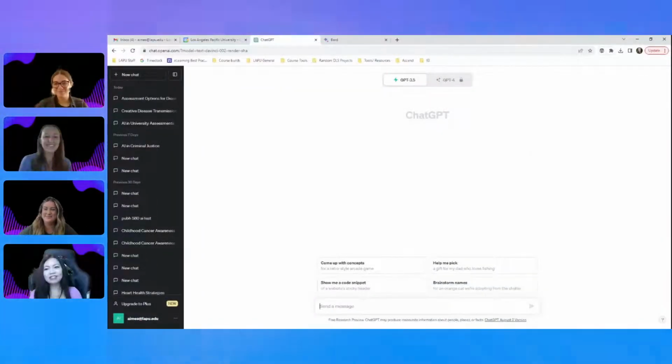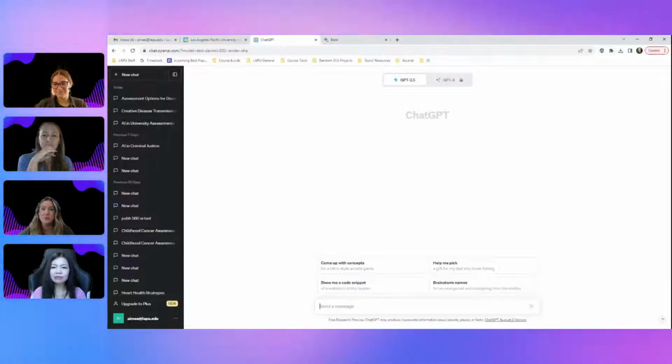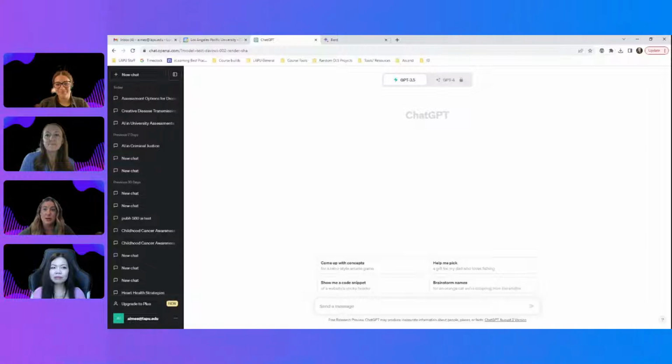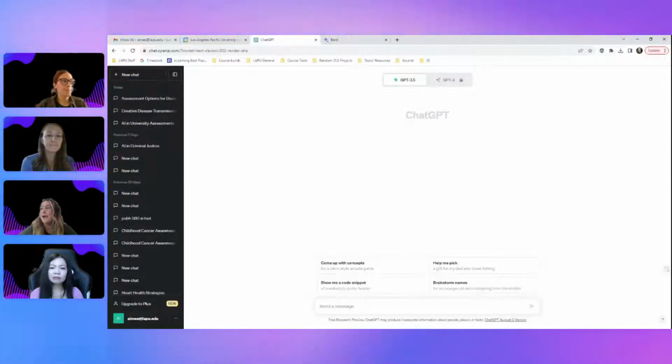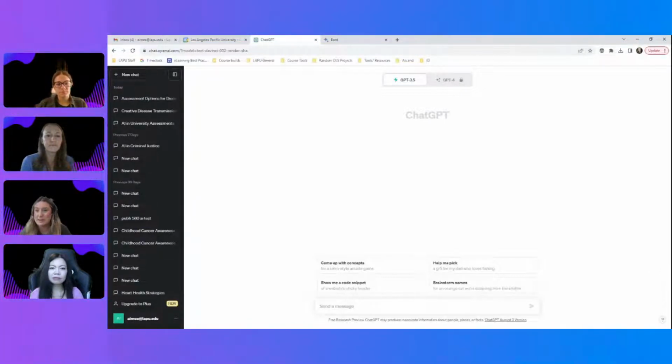There it is. Okay, so my first point that I would like to make when using an artificial intelligence tool such as ChatGPT is the prompt is the most important part, but don't get discouraged if it doesn't give you what you were looking for. You just have to adapt and change as you go, and you'll learn how to prompt as you're learning. But as we start, I would like to just give out a prompt, and then we can talk about it and go from there. Does that sound good for everyone?